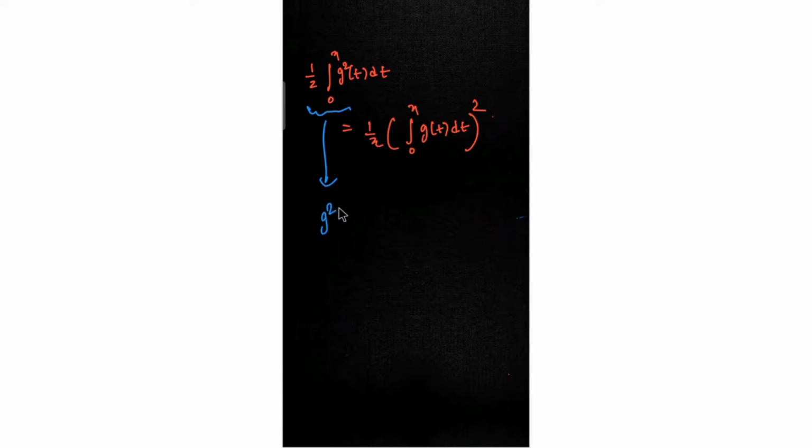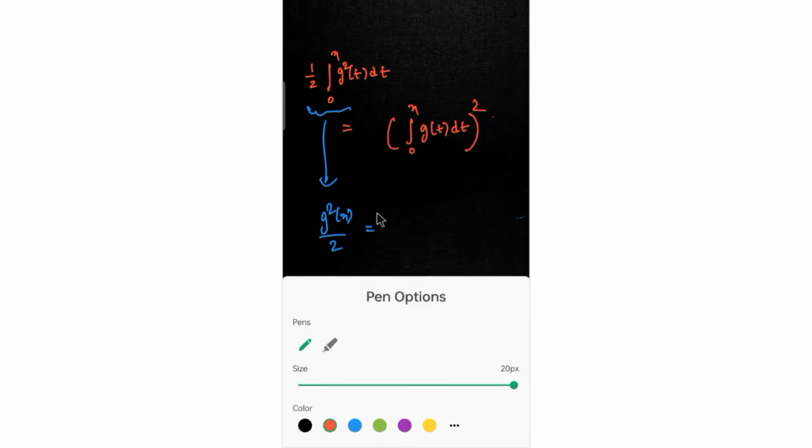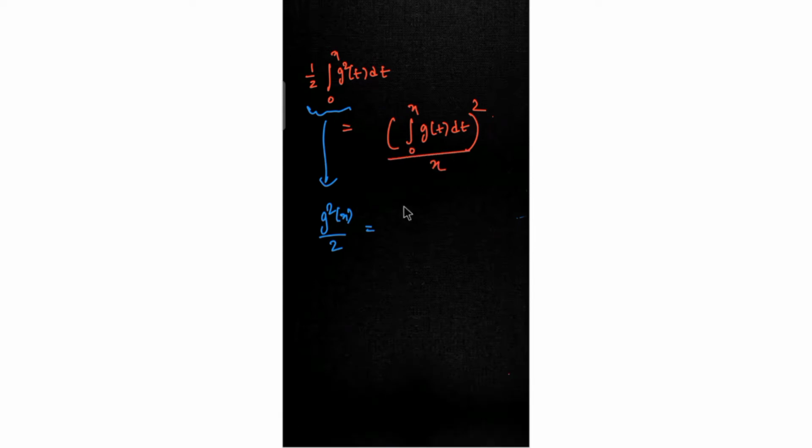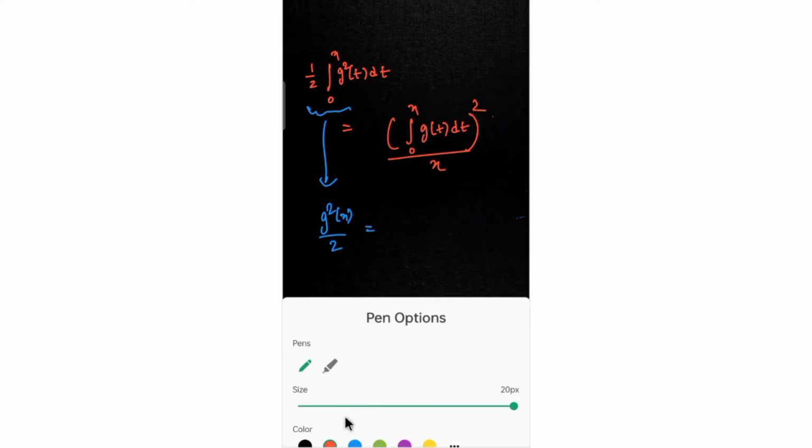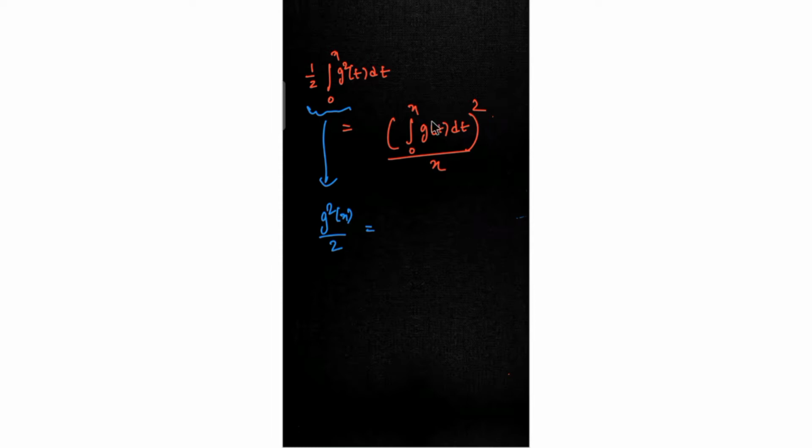Using that we get g square of x in my LHS, which is equal to this. I'll be writing it this way just to avoid confusion. So this is divided by x. For this we'll use the Newton-Leibniz rule also, but before that we'll be using the u by v rule, because we are differentiating with respect to x and we have x in the denominator, so we must use the u by v rule. So I'll just write here: this is x square, and here we have 2x g of x.